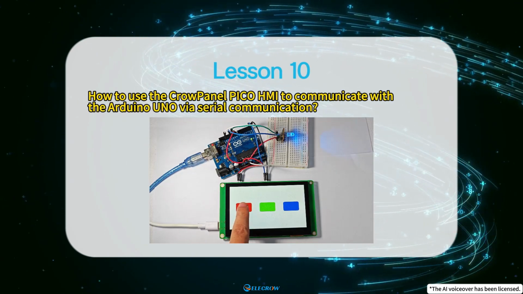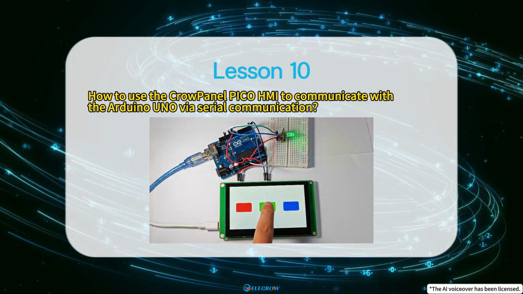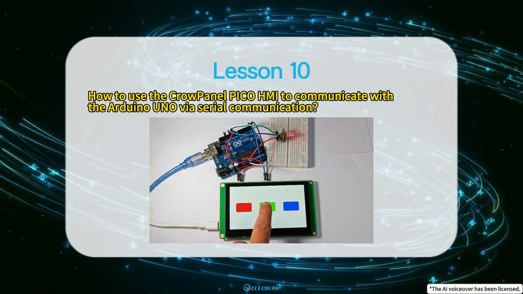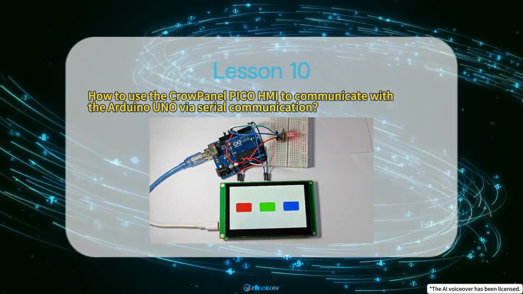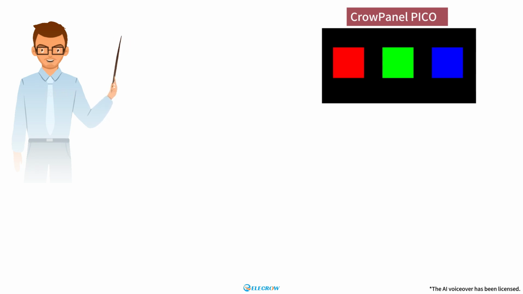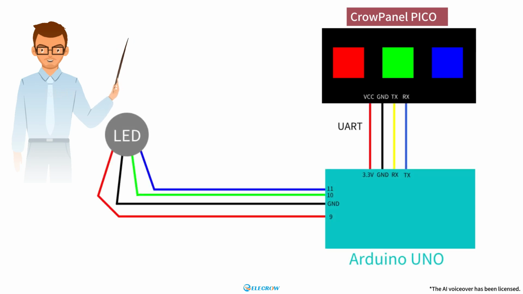In this lesson, I will teach you how to use the CrowPanel Pico HMI to communicate with the Arduino Uno via serial communication. To make the effect more apparent, I will design a simple UI interface on the CrowPanel. By clicking on 3 buttons of different colors, the CrowPanel will send 3 different messages to the Arduino Uno via the serial port. Upon receiving the messages, the Arduino Uno will control an RGB LED to change into 3 different